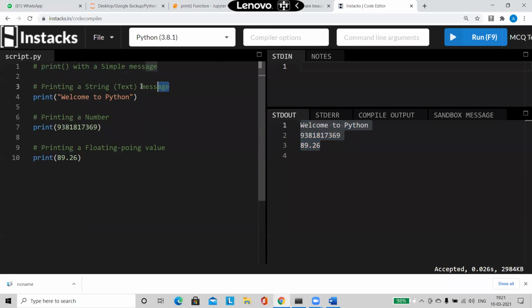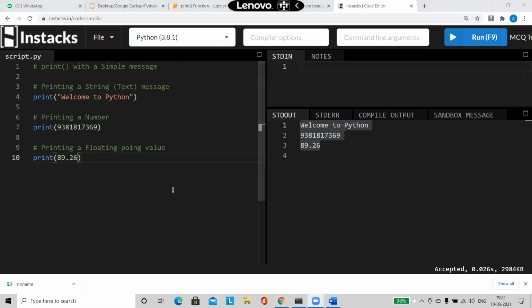And remember, all these are comments. Nothing is coming in the output. Whatever you put inside the comment is only for your benefit. It will not affect the program's output in any way. So that is the advantage of a comment. It is for the programmer's benefit. So I'm just saying, I'm printing a string value, I'm going to print a number, I'm going to print a float. So just to tell that, I'm adding a comment on top of it.